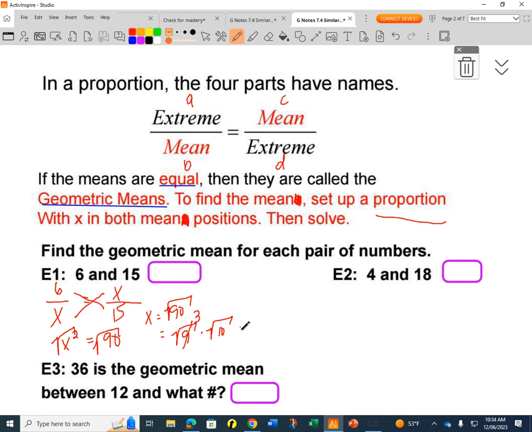So the exact answer, the exact mean here, is 3 square roots of 10. I am going to let you give me the approximate answer, which means you can just use the calculator. So this is the exact answer, or press 90 and the square root button, and now our geometric mean would be